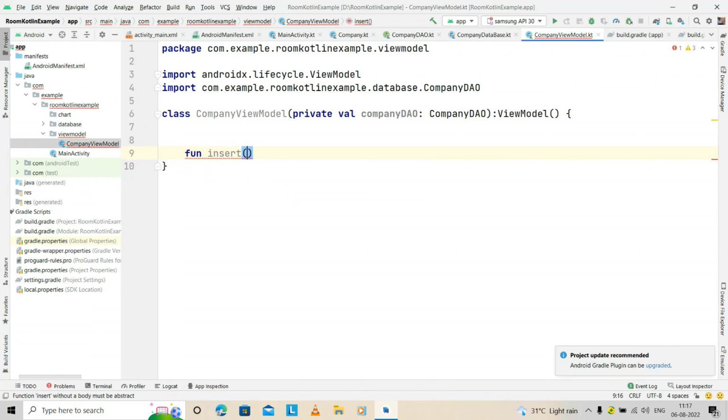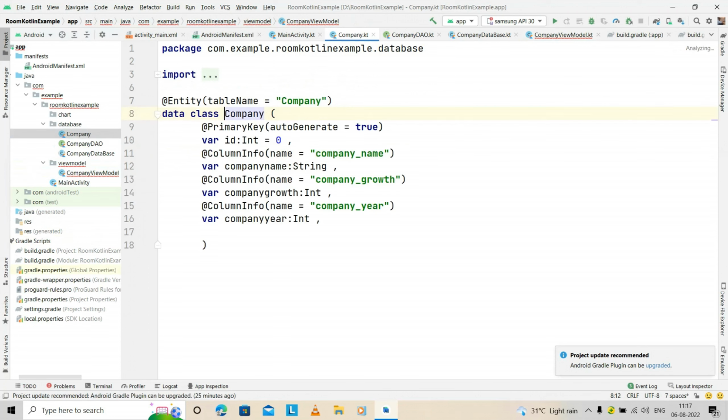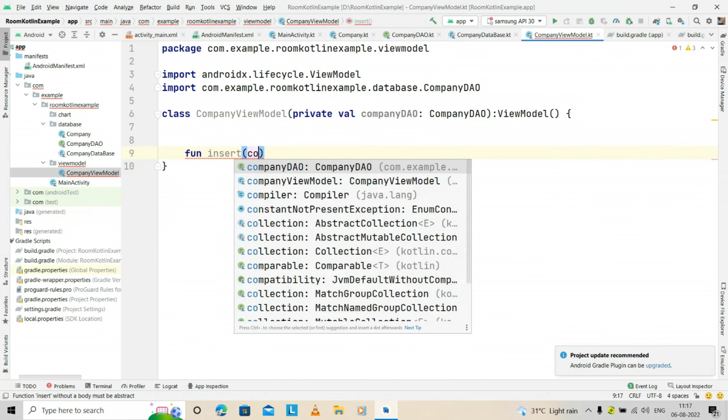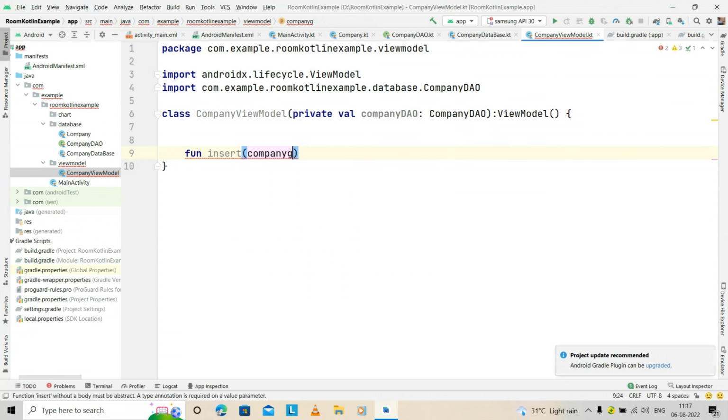So here I want to insert some values, like we first check what we pass here. We pass company growth and company year. So here I am giving the same names. We need two integer values, so this is your company growth, and that is the Int type, and company year, or you can say simply year. This is also the Int type. So simply this is our insert, but